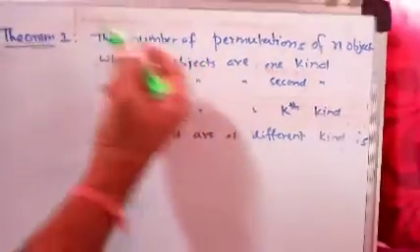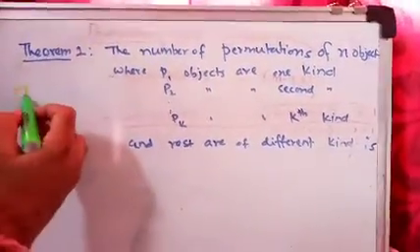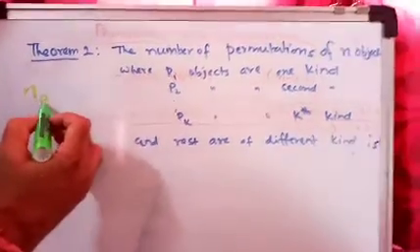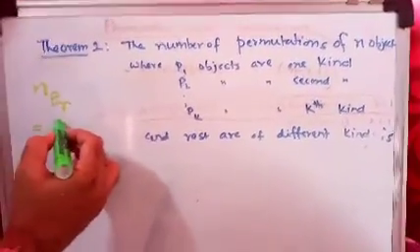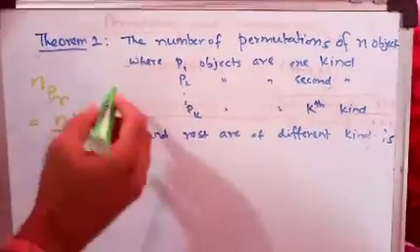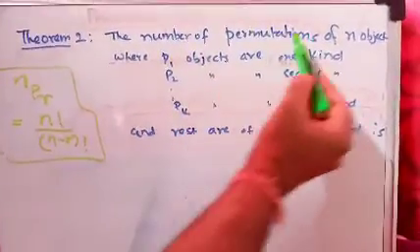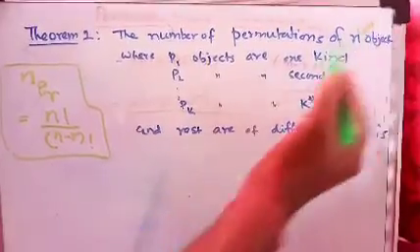Okay. So last time we discussed some formulas of permutations, right? Out of n objects, we take r objects, then the formula is n factorial divided by (n minus r) factorial. So now we have to extend to another formula. Here is the formula for the number of permutations of n objects.